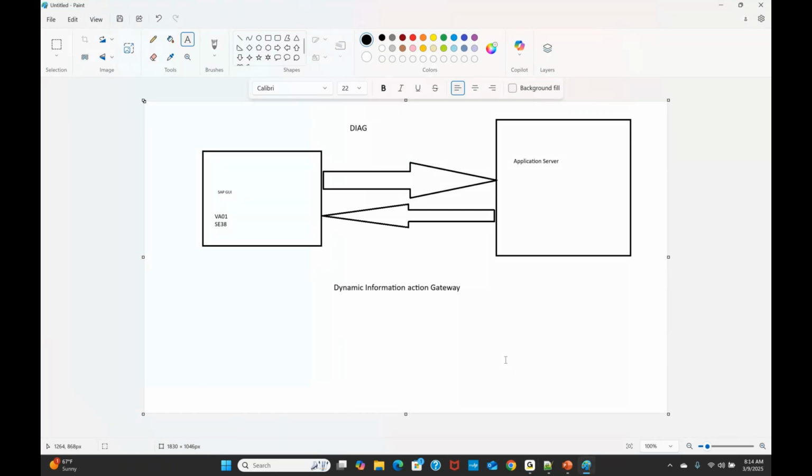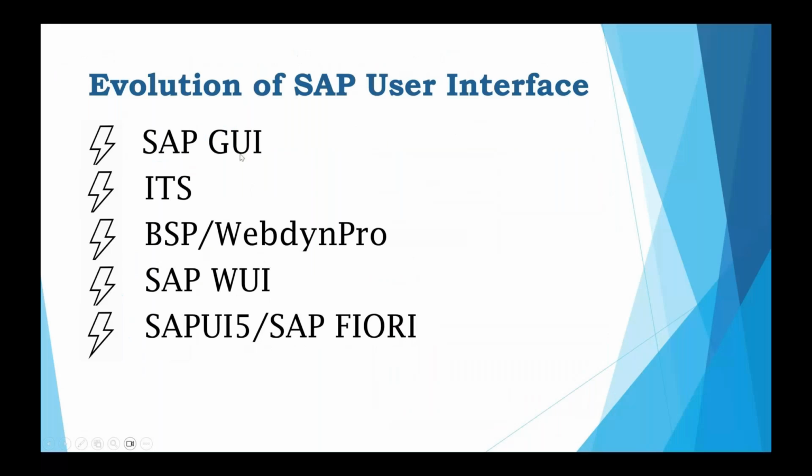So that is what SAP was doing in 1970. Next comes ITS. Has anyone worked on ITS? Why did SAP go to ITS? Since it is a browser-based application, instead of using the GUI we can use a browser. The protocol used to interact between a browser and an application is nothing but HTTP.